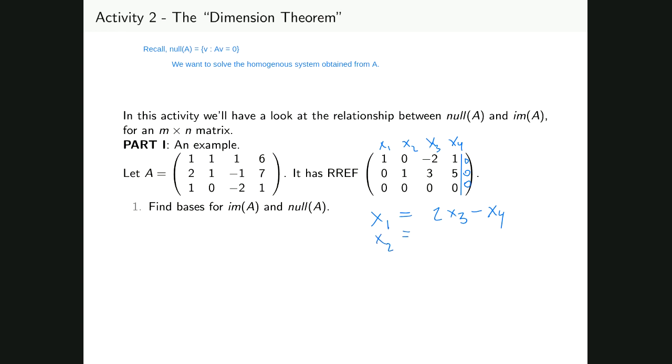X2 is negative 3 x3 minus 5 x4. Okay, x3 is certainly just going to be x3, and x4 will be x4. Okay, so if we want to write this as a vector,